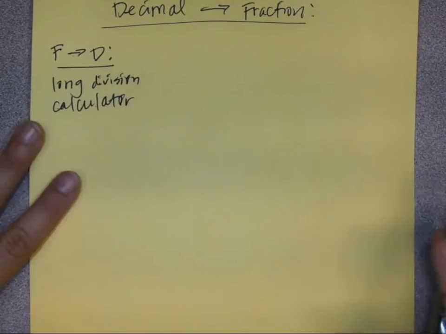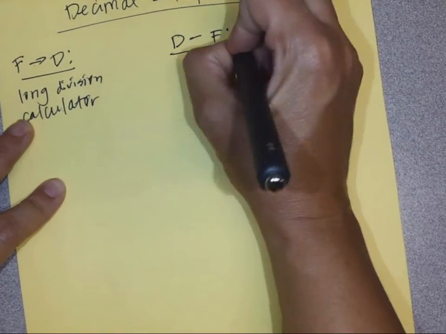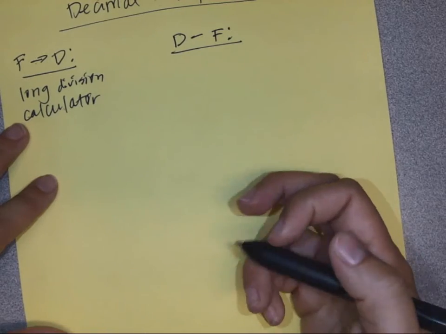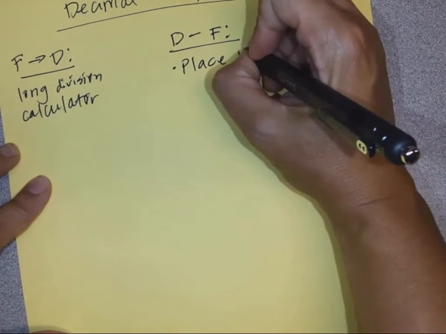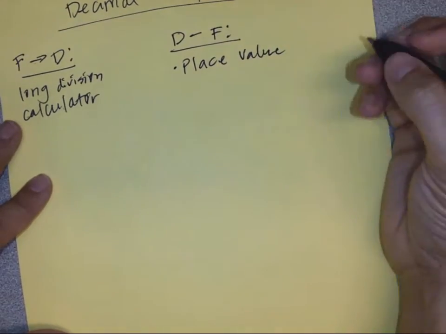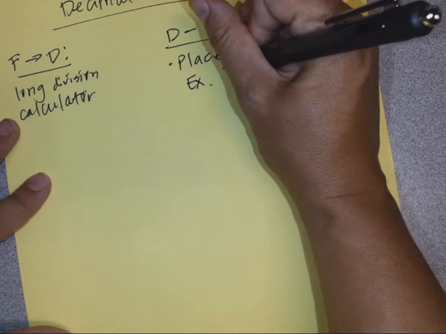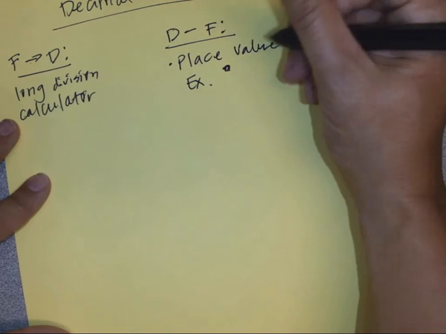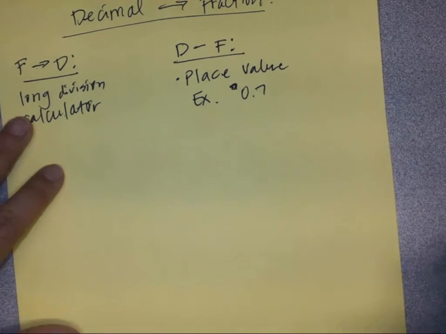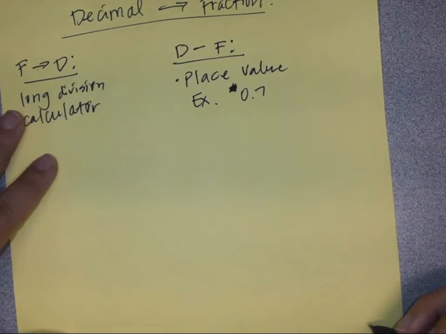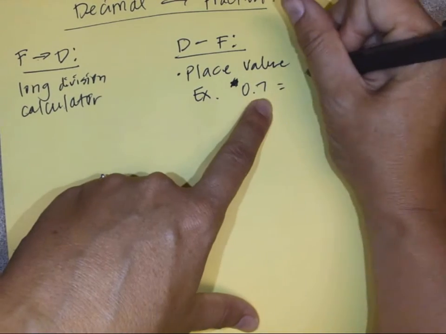Okay, the next thing we're going to talk about is the opposite direction. How do I go from a decimal to a fraction? Okay, so there are two ways to do this. One way is using place value. So for example, if I had the decimal 0.7, well, if you read that decimal the correct way, that says 7/10. The 7 is in the tenths place, so the fraction here would be